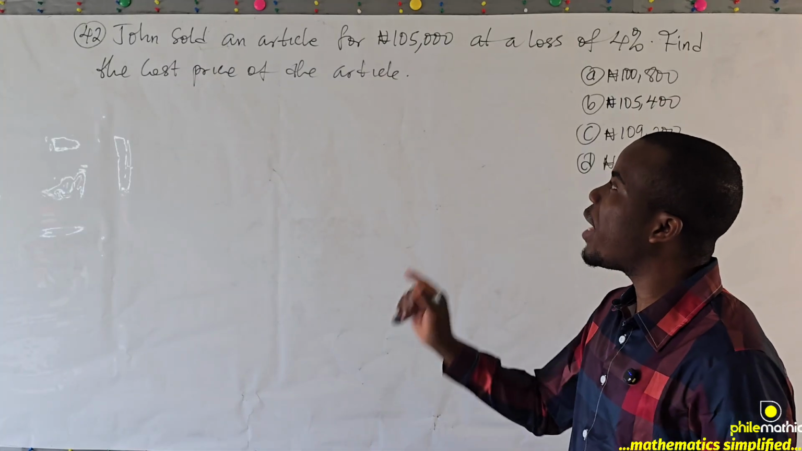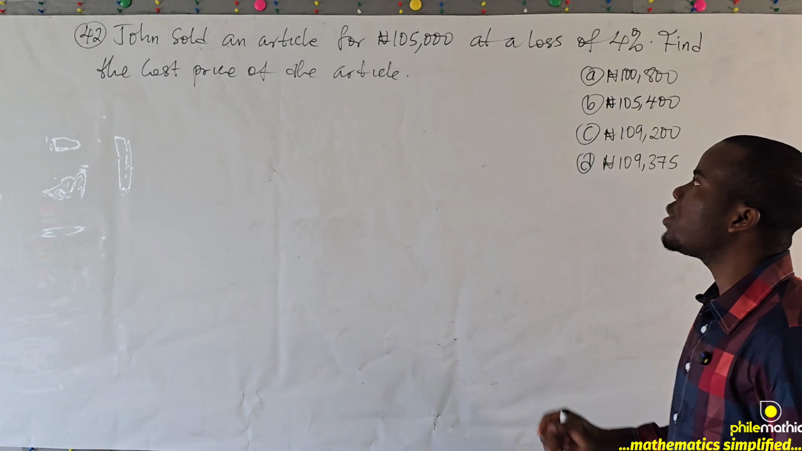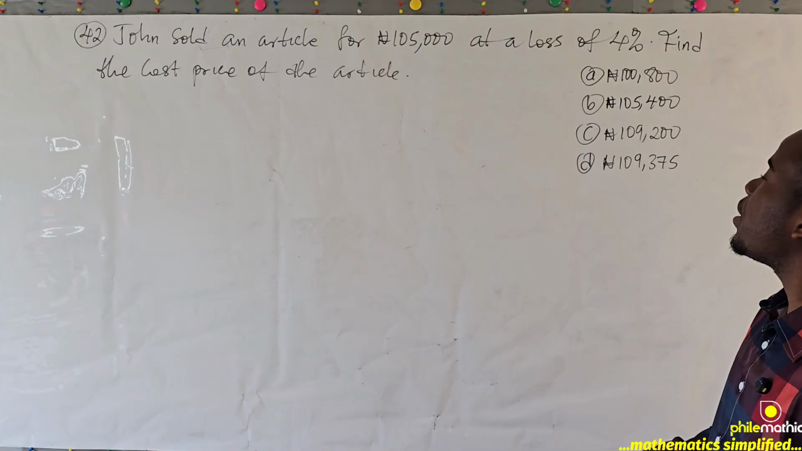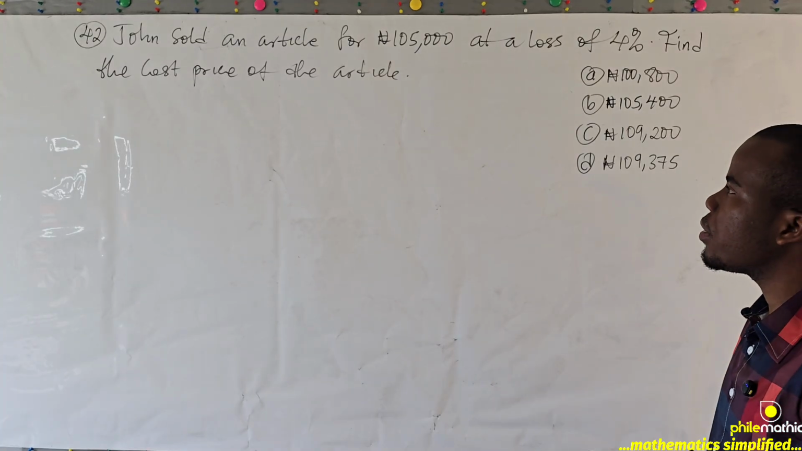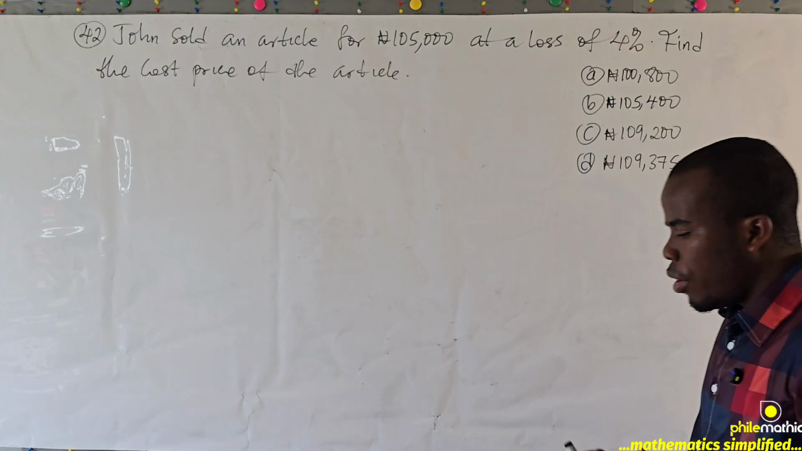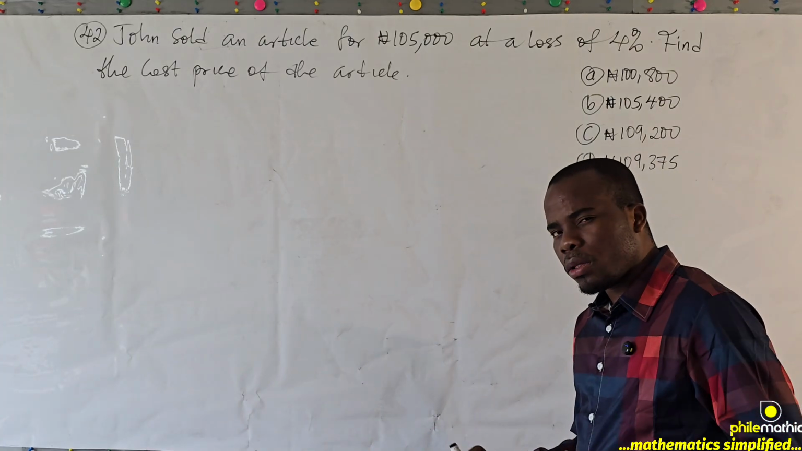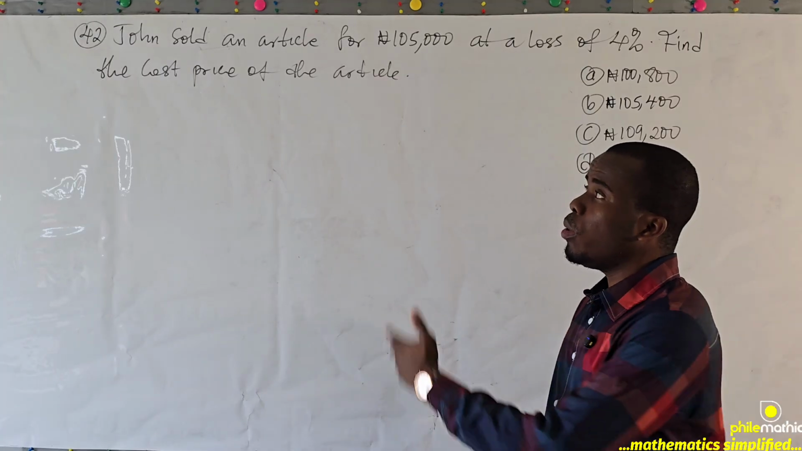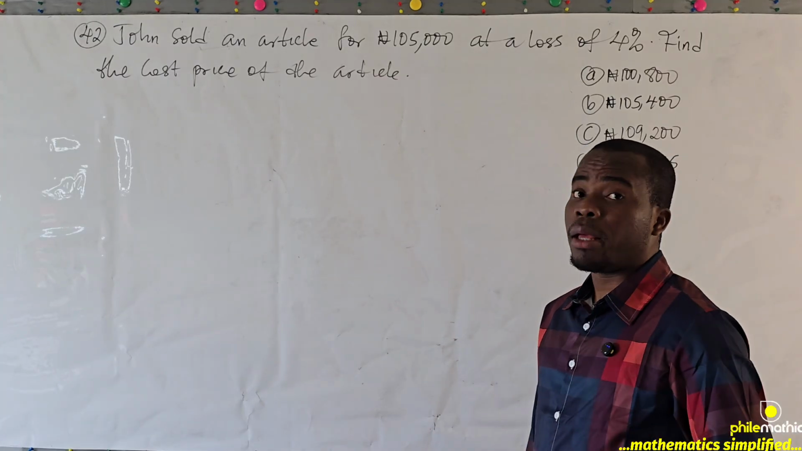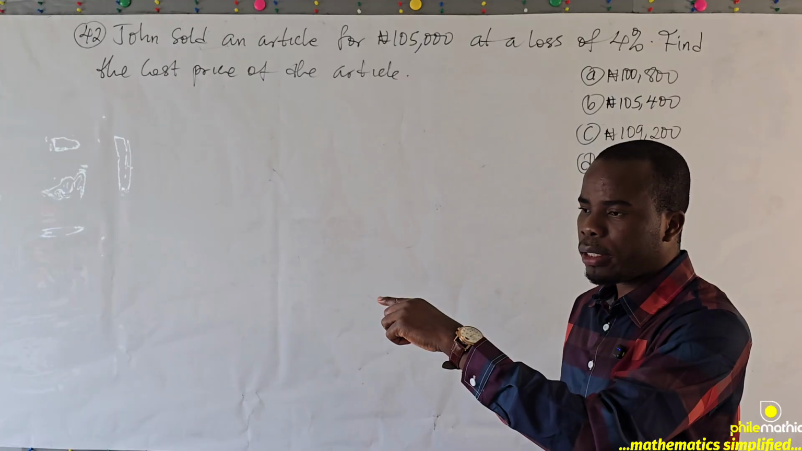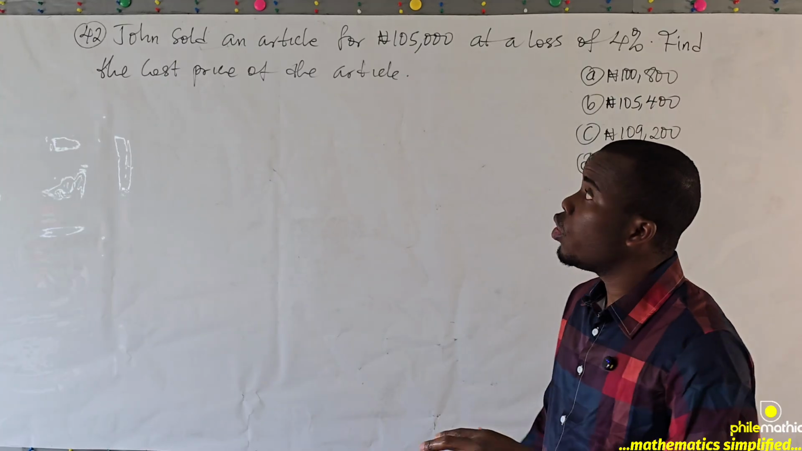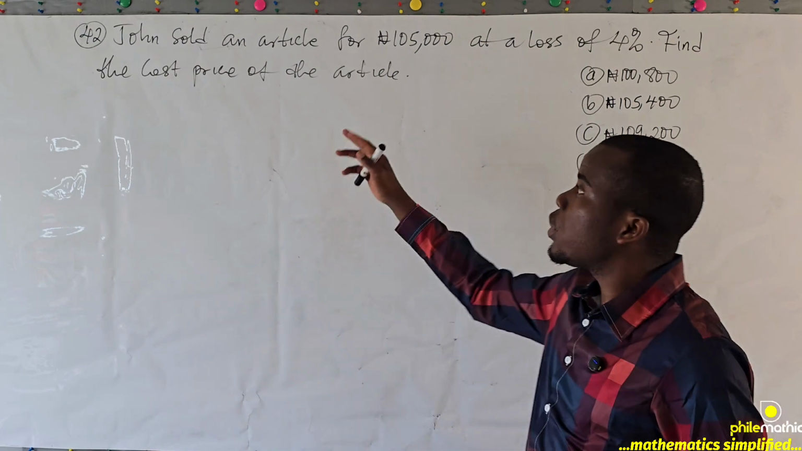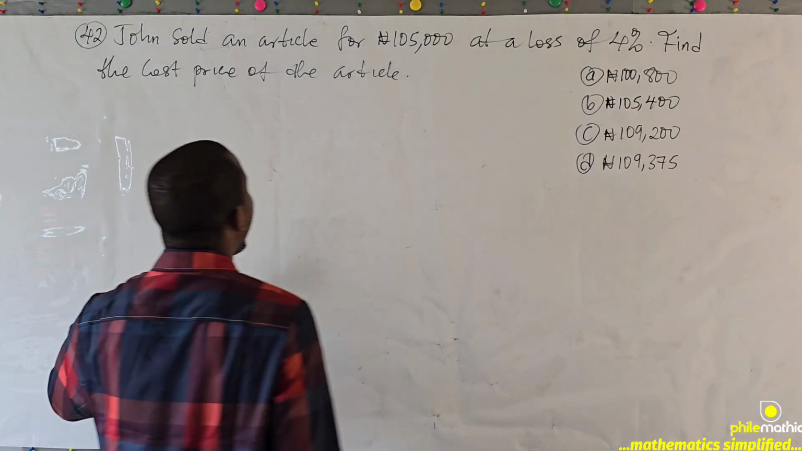John sold an article for 105,000 at a loss of 4%. Find the cost price of the article. Questions like this trick students a lot. And if you have a firm grip of percentage, you should be able to solve this in seconds. Yeah, I mean seconds. If you check question 33 that I solved, you will see that they use profit and it is the same idea. Now, when you see questions like this, what you have to do is,